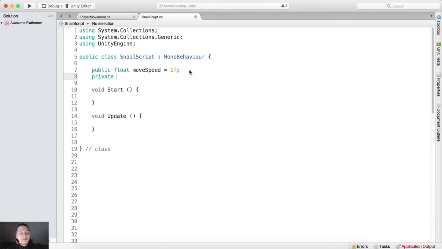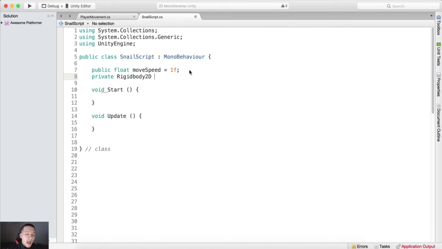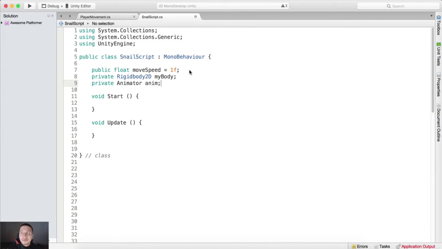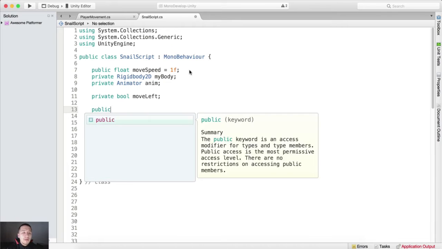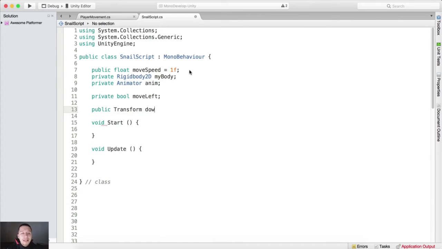We also need a private rigid body because we're going to use the body to move our snail. I'm going to call it my body. We also need a private animator, which I'm going to call anim. And we also need a variable to denote if we are moving. So we need a private bool move left. Now we also need one more variable, and for that we will need to create a game object, which we will do in a second, but I'm going to call it public transform. And this variable is going to be down